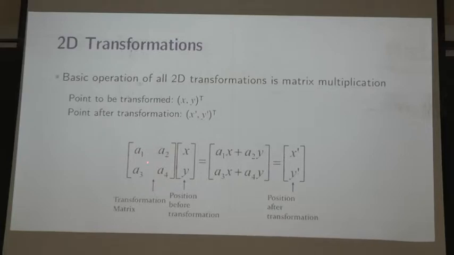So the basic transformation is done like this. You have a transformation matrix applied to the coordinates of the point. Let's say this point is at 10, 20. I apply a multiplicative transform to it. This 2 by 2 matrix here, so it becomes this, and I say that's the new point. So this has now shifted to another location according to this transformation. The methodology here is that I keep the transformation matrix the same and keep switching these pixels. I do this for the first pixel, the second pixel, the third pixel, and so on. I do this for all the pixels, so all the pixels get transformed consistently by this transformation matrix.